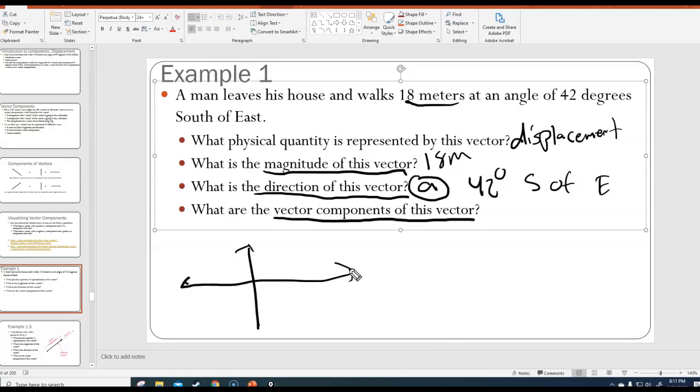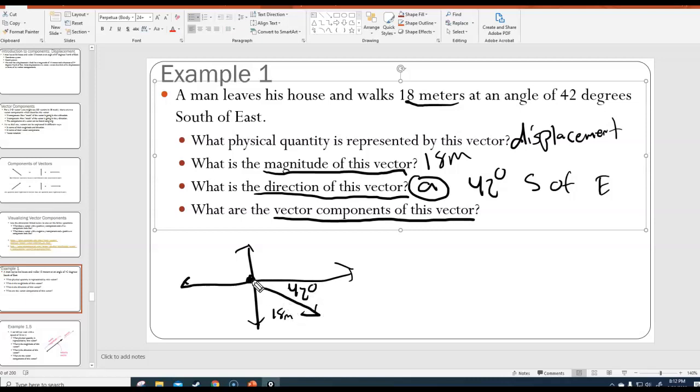I'm going to make a coordinate system where the house is at the origin. I don't have to do that, by the way, it just makes it easier to draw. And south of east is going to be pointing this way. So this is 42 degrees, the magnitude is 18 meters, and now I can do basic trig because